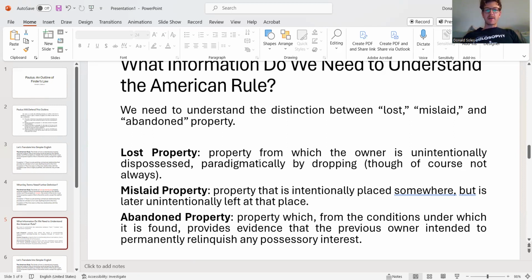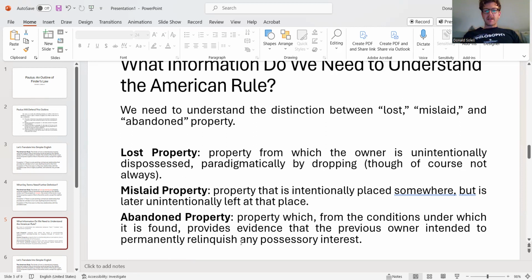And recall that under the American rule, this is essentially the greatest difference on which all these cases will turn. If the property is mislaid, if you can tell that the property has been mislaid, then the owner of the locus in quo will prevail over a finder. But if the property looks like it's been lost or dropped, or it looks like the person has been unintentionally dispossessed of it, it's more likely that a finder will prevail. Okay, there's one last category of property, which is recognized by American courts, and it's the category of abandoned property.